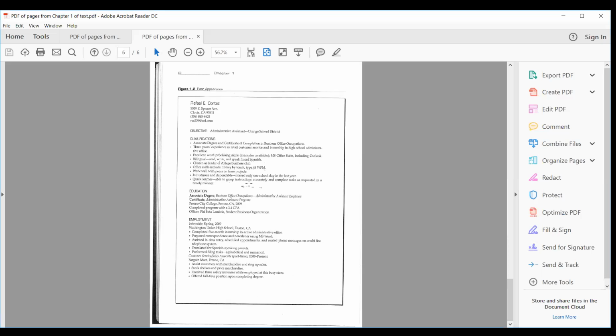I probably would say, I probably would modify that, so I didn't think about that. Quick learner is such a jargon term anymore. Even though they do have it here as well, but we're just looking at the layout. Education,